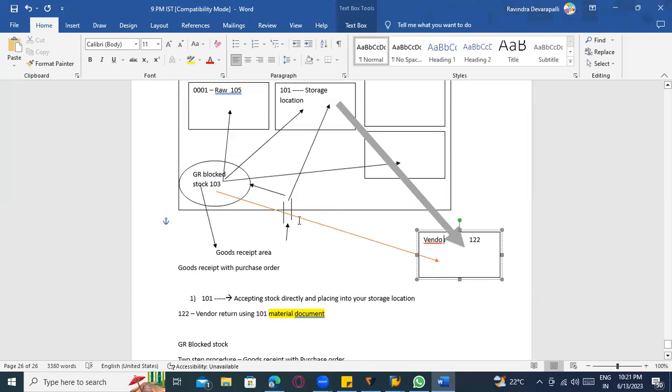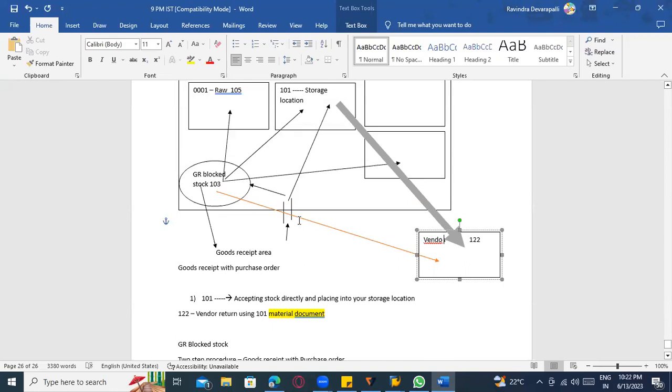When it enters my location, my security person says, please park in the goods receipt area. That means the area where they unload the stock is called the goods receipt area. First they unload the stock,